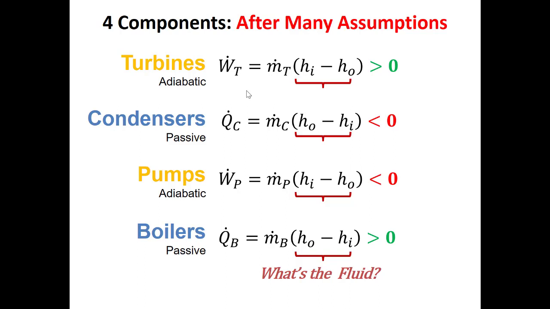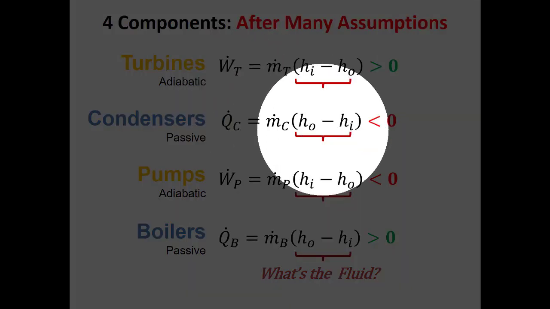Here, I also know something about the signs just from my intuition, because the turbine is producing power, or in this case, both turbines are producing power, they should have positive powers. The pump is consuming power, so it should have a negative power. That's why I need to add them together if I'm trusting the first law. If I'm not, what I would try to encourage you to do is put absolute value signs in front of these things when you're writing out the net power, because that will remind you to do this part correctly.